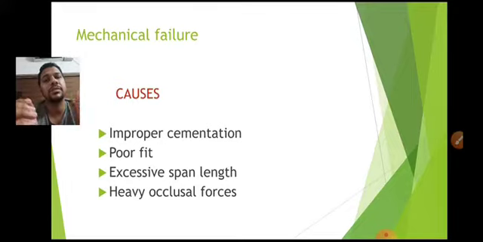You are supposed to write in the list which you give to the lab that you are planning to use this particular cement for this procedure. When you write so, the lab people will come to know about that particular cement and its film thickness. So they will give a restoration or crown with that specification. So that's in your hand. You should be thinking about the cement which you are using in each case.